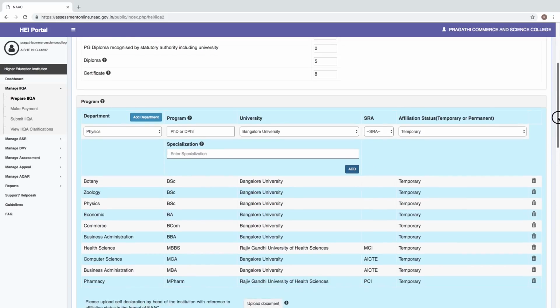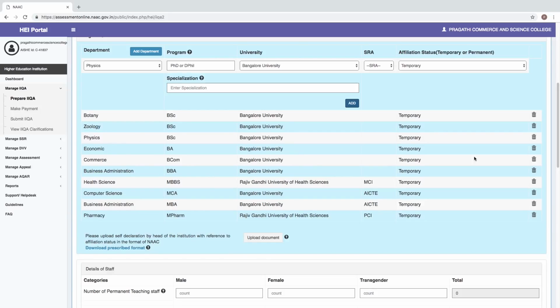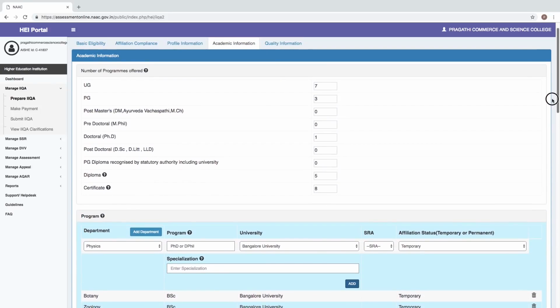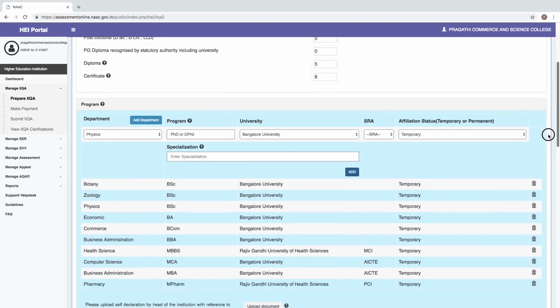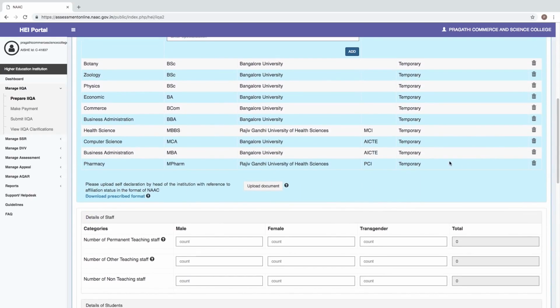It is important that the list that we mention here should match with the number of programs that we have mentioned here. Otherwise, the system would not take it.